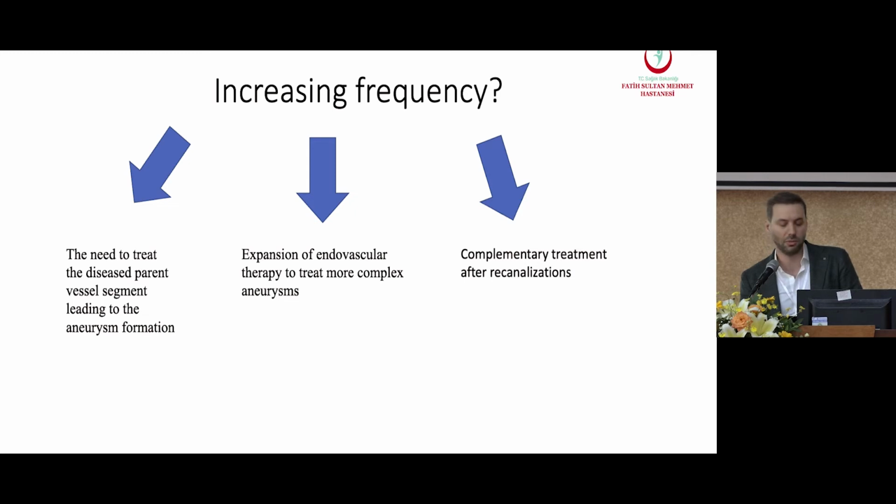Complementary treatment, we put flow diverter stents. Another reason can be thanks to the stents, I think, thanks to their feature, which contributes to heal the diseased vessel segment with their features. And another one, expansion of endovascular therapy to treat more complex aneurysms, which are giant aneurysms, and maybe we